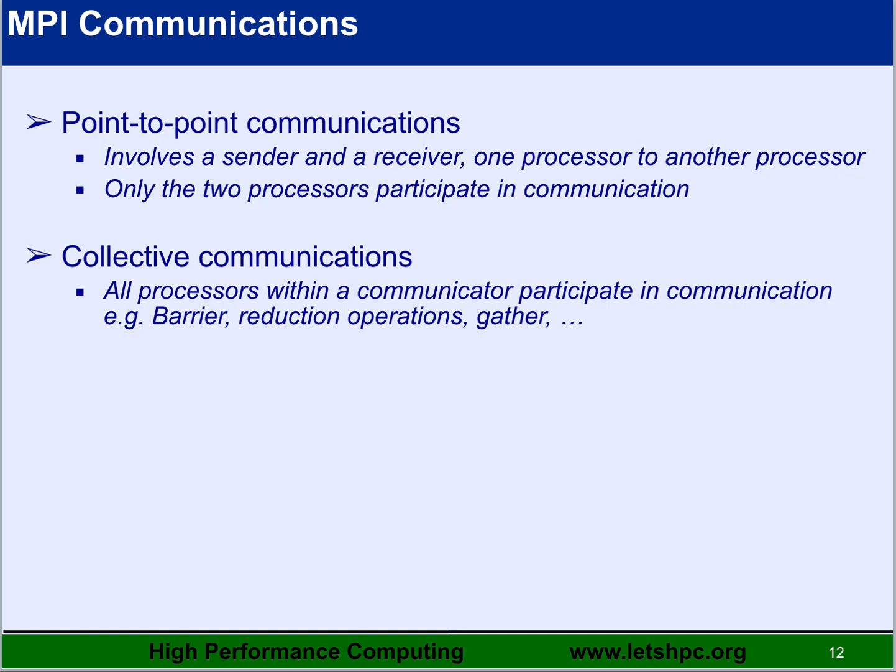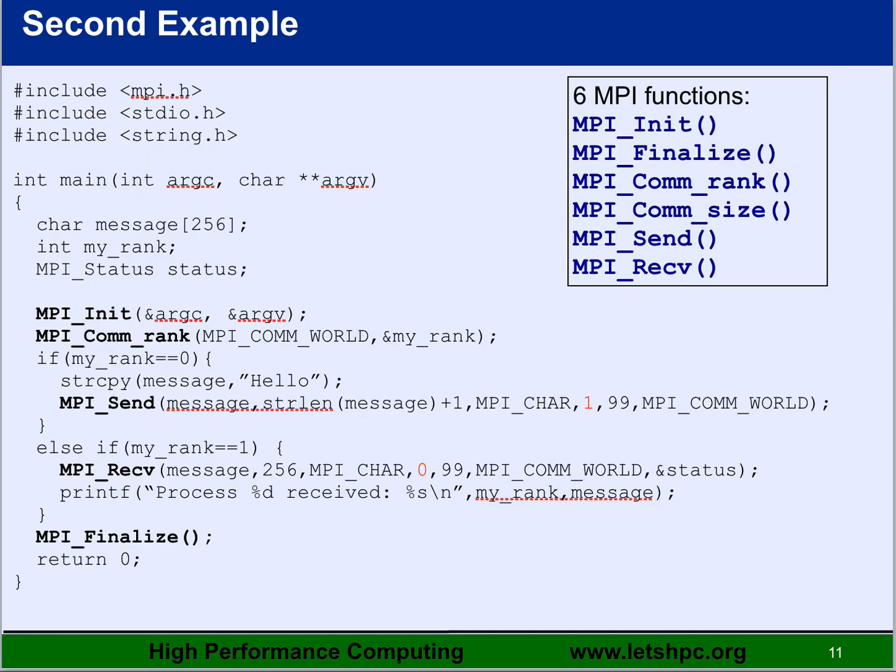Now there are two broad kinds of communications in MPI. One is point to point communication. That is exactly what we have seen in the second example. So you are going from 0 to 1, send and receive between 0 and 1. But we can also do